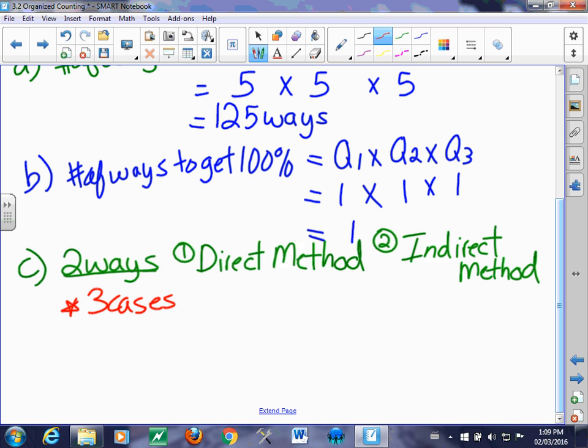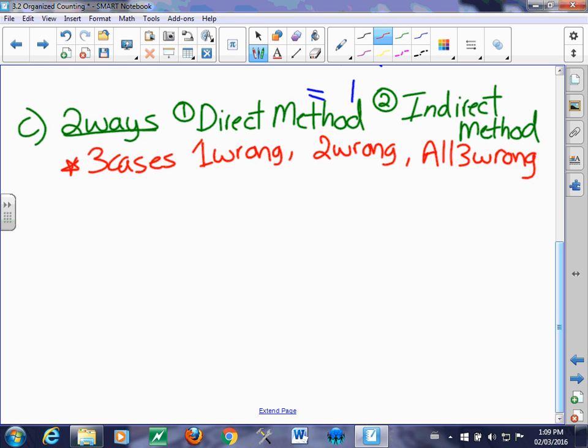So we have 1 wrong, 2 wrong, and all 3 wrong. When we have separate cases, we're going to add the individual cases up, and we'll discuss this by doing a little bit of visual diagram. So let's take a look at doing case 1 first, which is 1 wrong. How do we figure out how we could do that? So if we have 1 wrong,